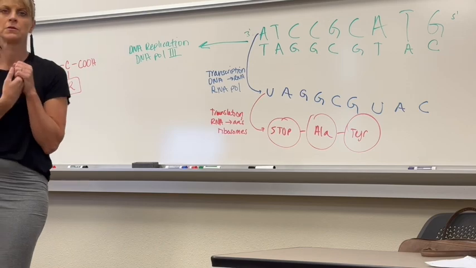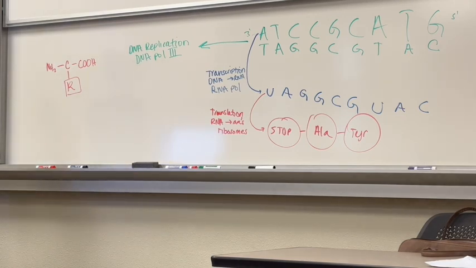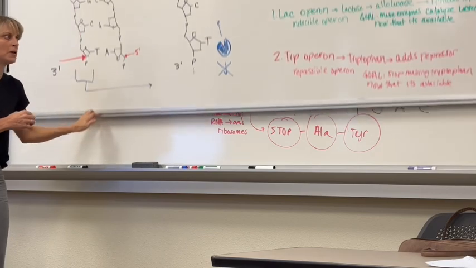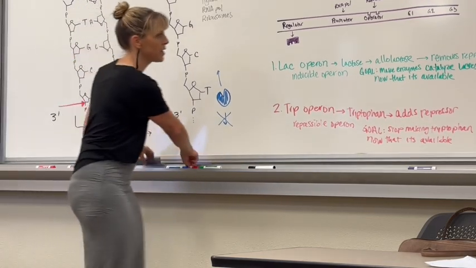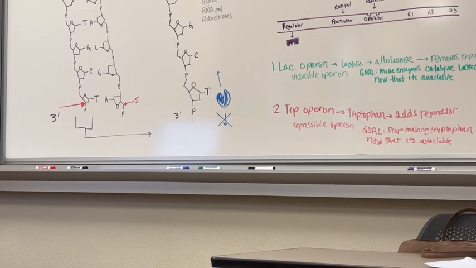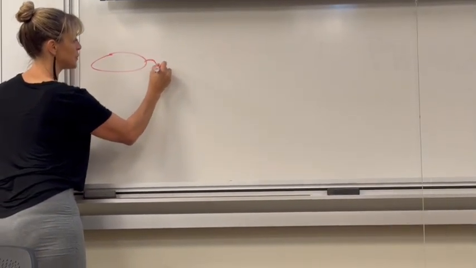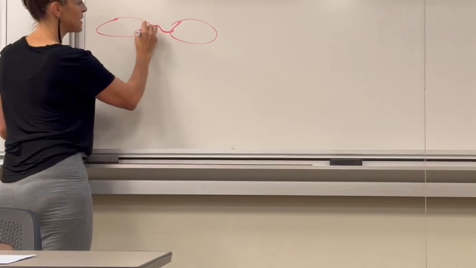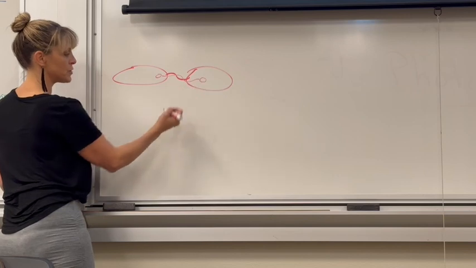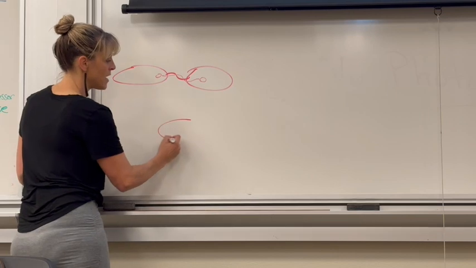Okay. Yeah. Can you clarify, I'm not sure if you touched on it, but what it means for something to be competent to be able to take up DNA? Oh yes, awesome. Yeah, so we're gonna do that in the lab. So when there's horizontal gene transfer, remember there's conjugation and transformation are two main ones. So conjugation happens with the sex pilus, and the plasmid or bacterial genome will be horizontally transferred from one bacterium to another. And then what will happen is